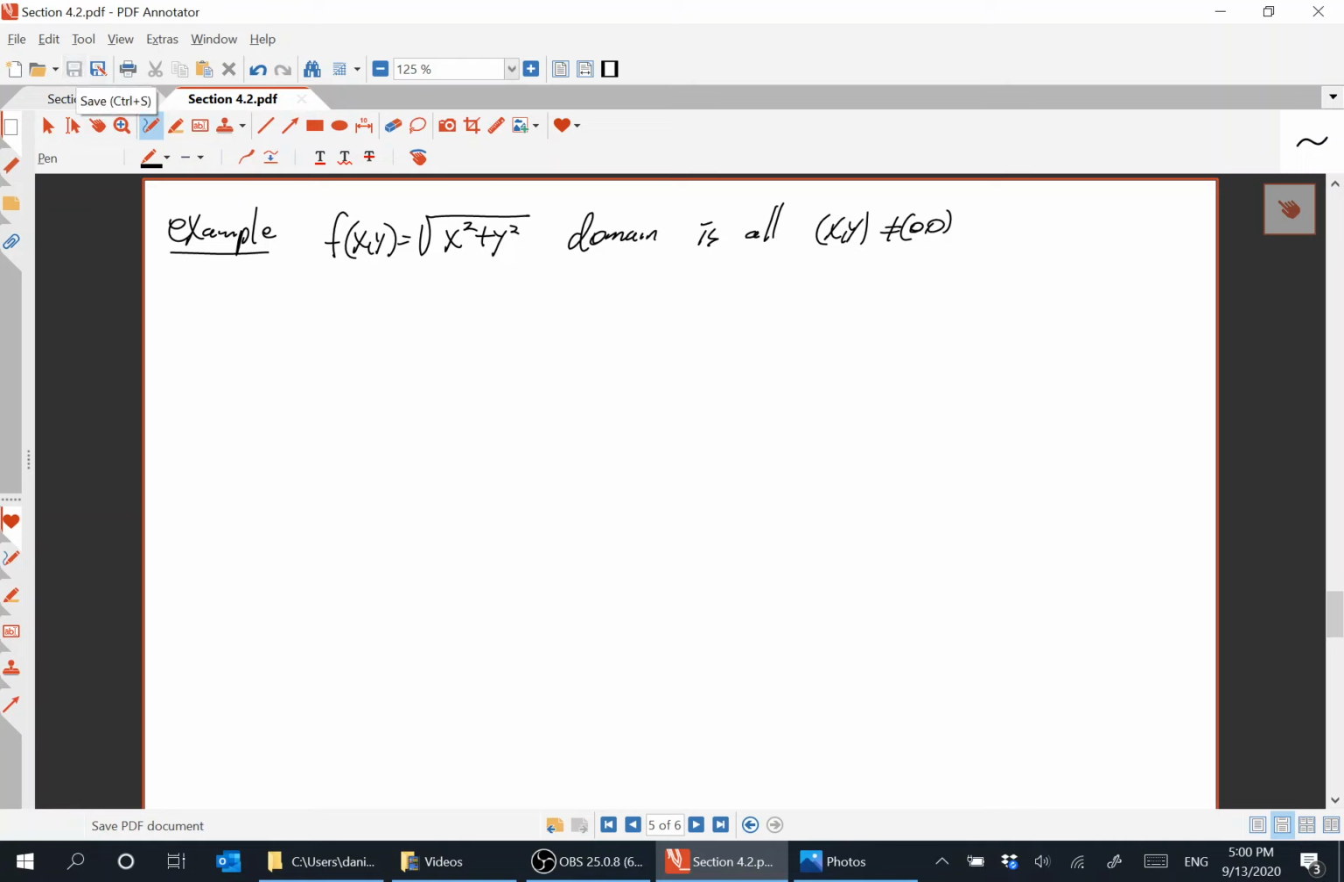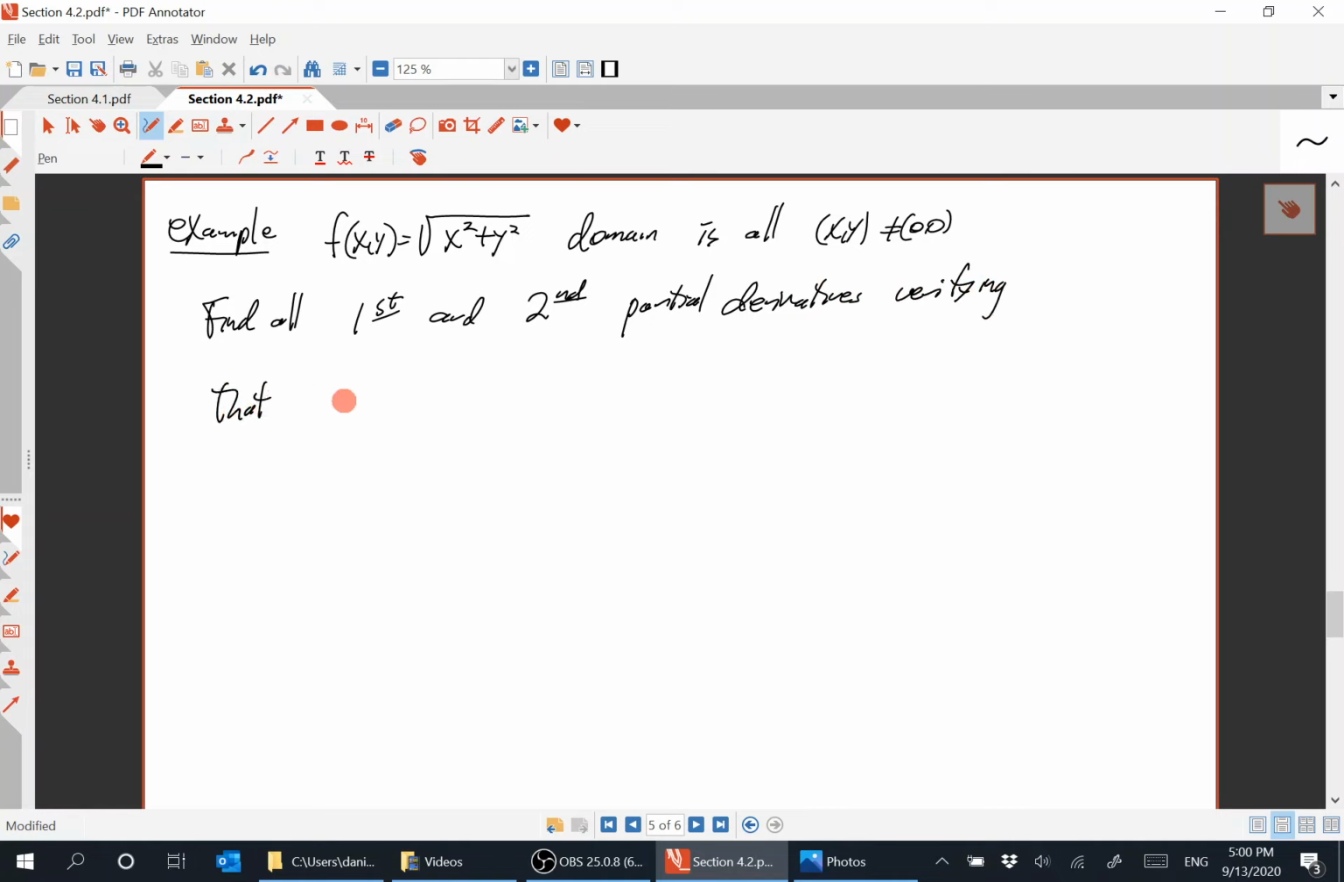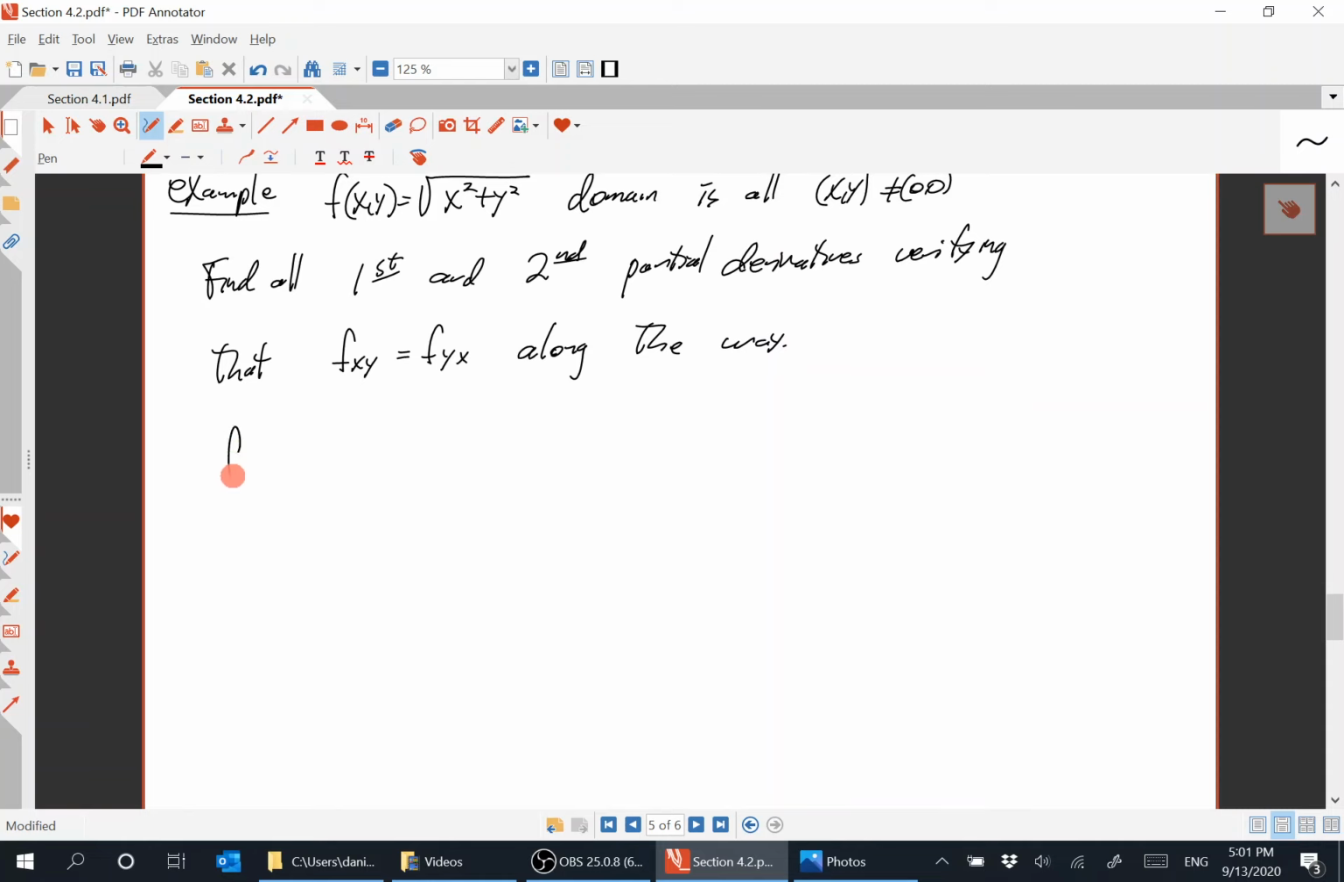So, right, the partial derivatives, when you take them in different orders, should be the same. So let's find all first and second partial derivatives, verifying that fxy equals fyx along the way. Okay, so, well,